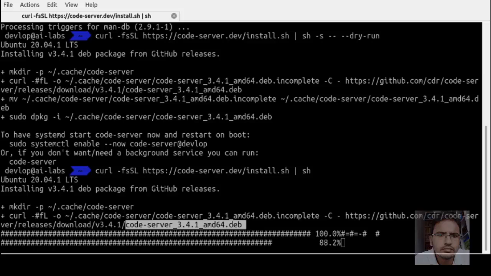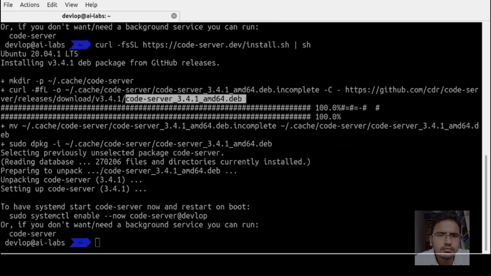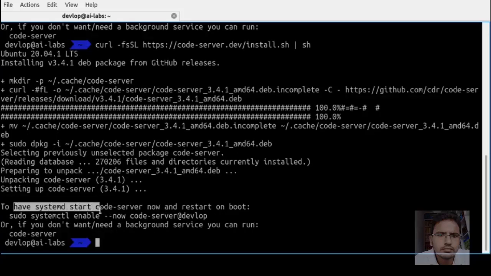We can install on one machine and access VS Code from anywhere through browser. Code server is installed on my system. You can enable it to run on your boot time.